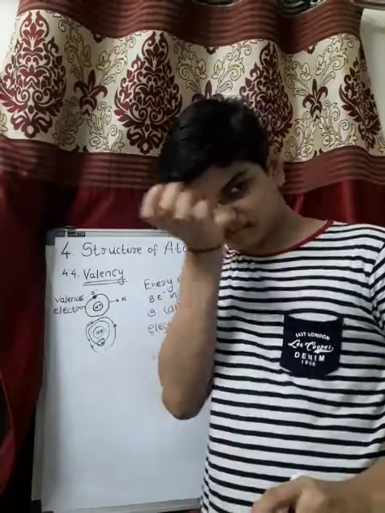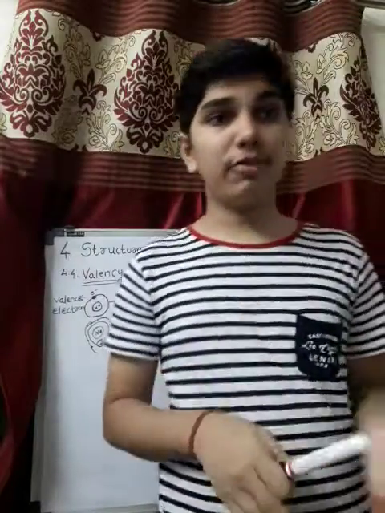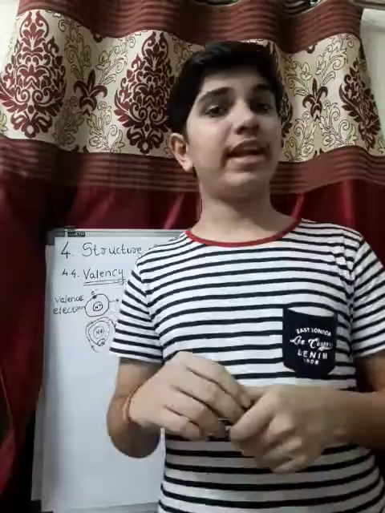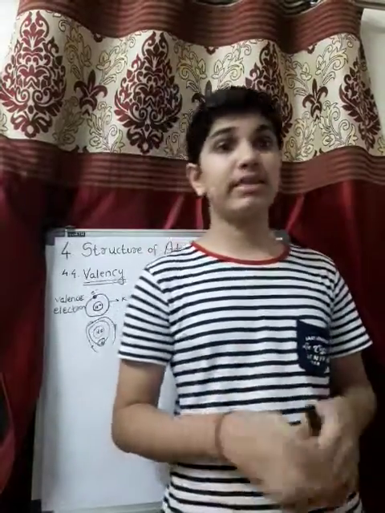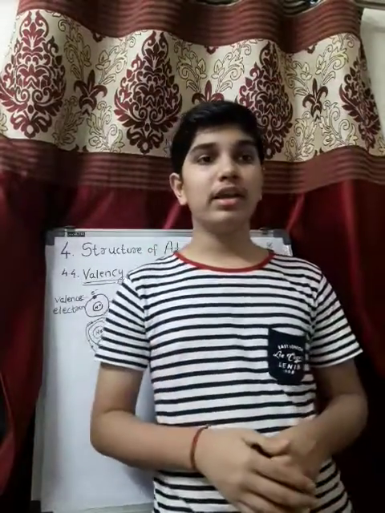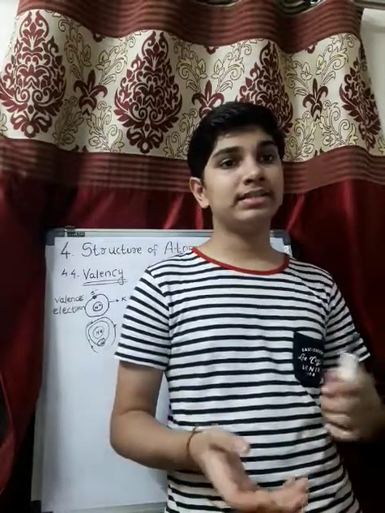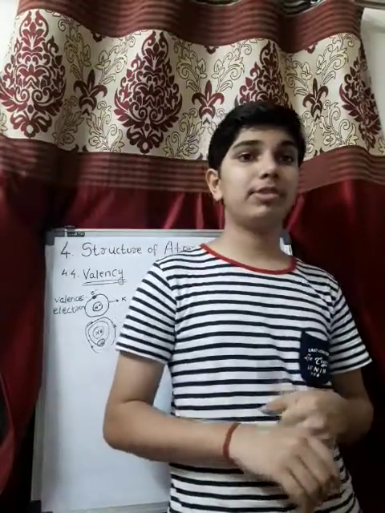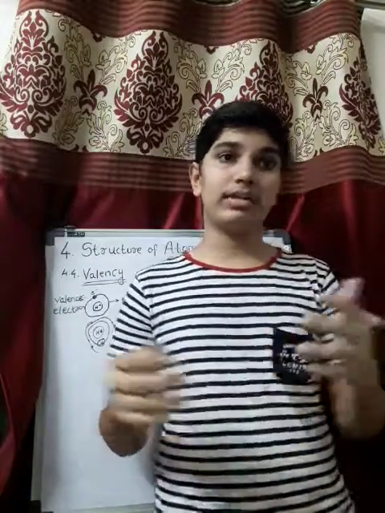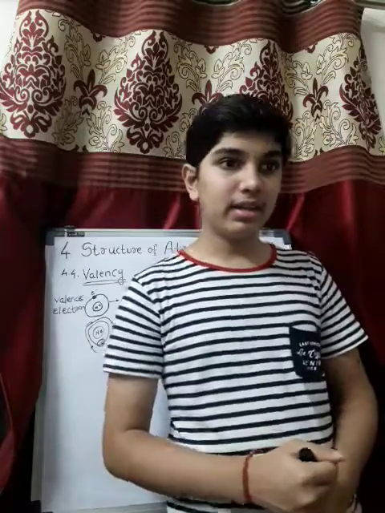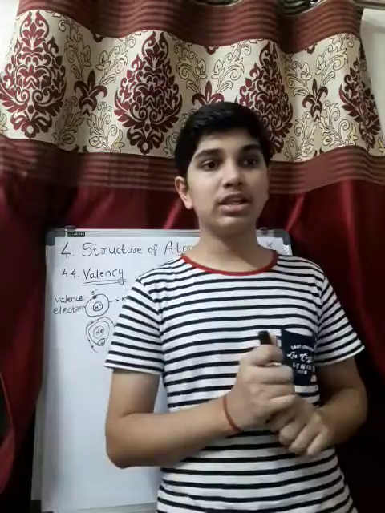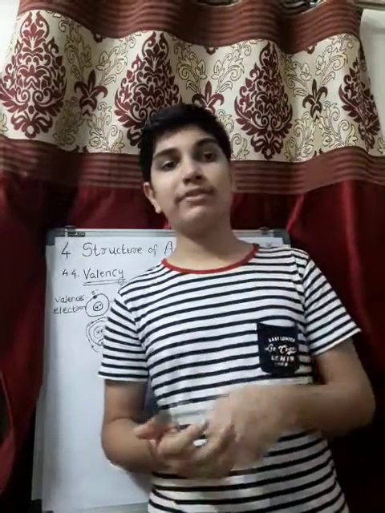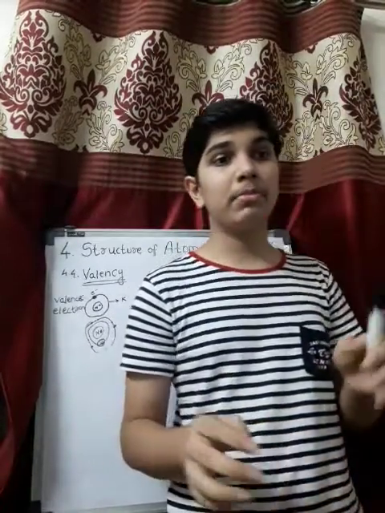Now if the number of electrons in the outermost shell of an atom is close to its full capacity, then valency is determined in a different way. Means fluorine atom has 7 electrons in the outermost shell. Now its valency is 7. Why? Because that many electrons are there, that much valency is there, right? But it is easy for fluorine to gain 1 electron instead of losing 7 electrons. So the definite combining capacity of an atom of each element is called its valency, okay?